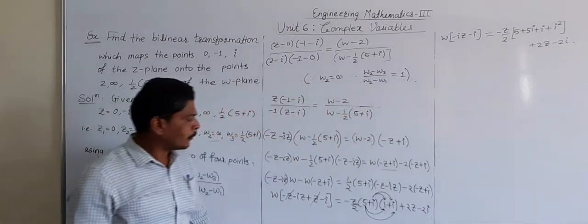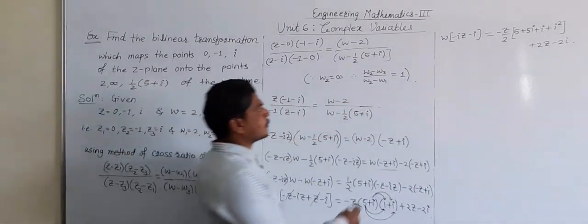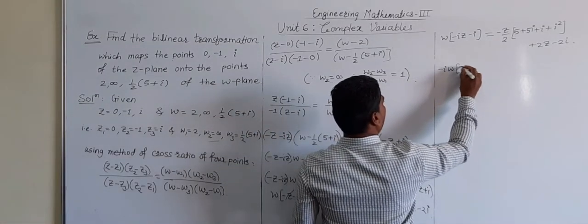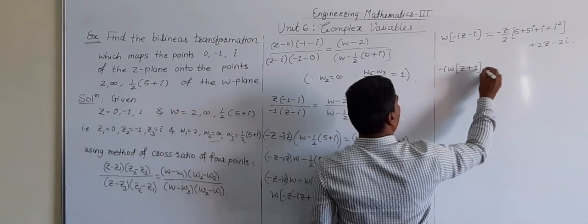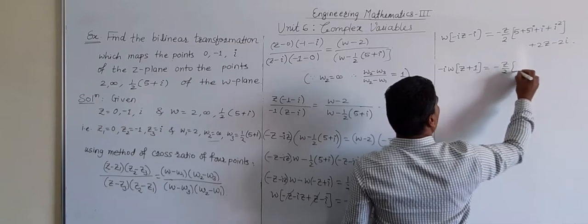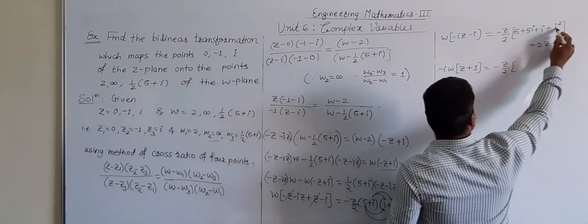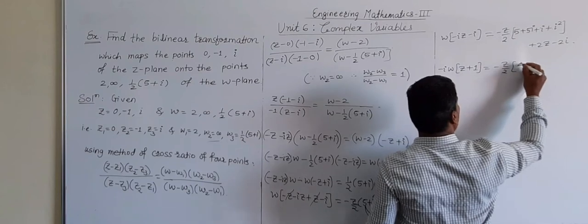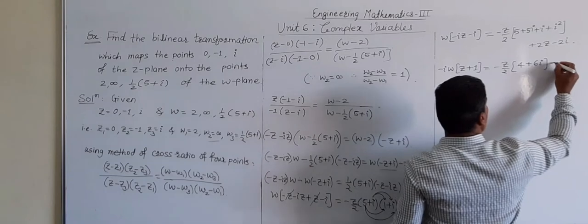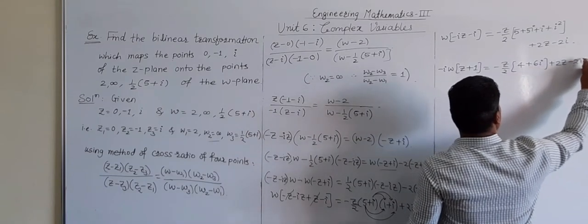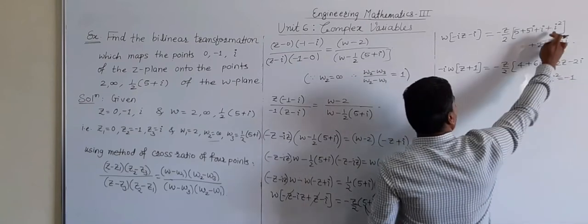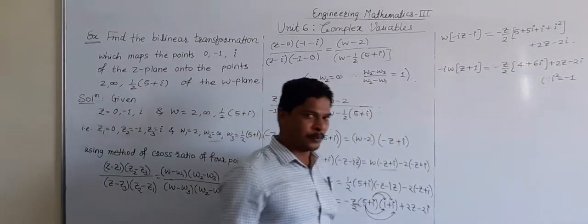So in that way, very easily we can simplify this. Now take the minus i outside. So the remaining term is z plus 1 is equal to minus z upon 2 into bracket 5, and this plus i squared becomes minus 1. So we get plus 4 plus 6i, right? I have written here directly plus 2z minus 2i, since i squared is equal to minus 1. So minus 1 plus 5 becomes plus 4.